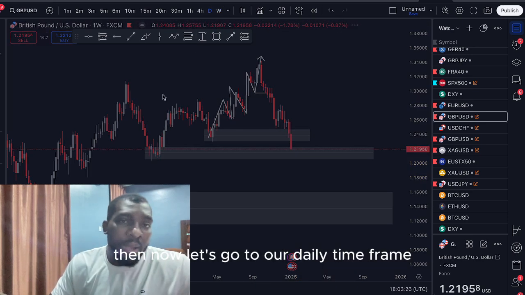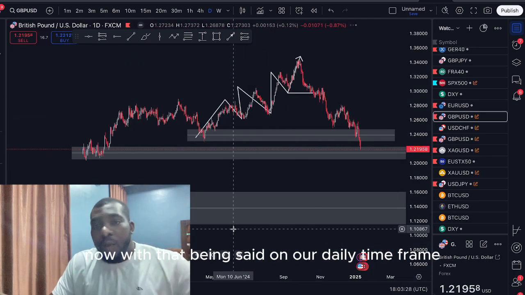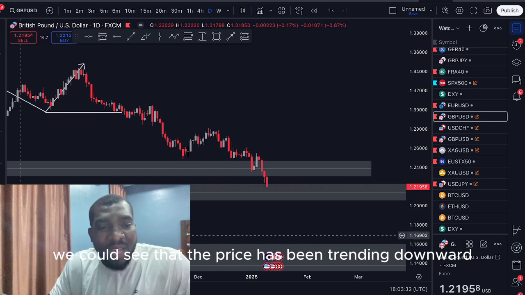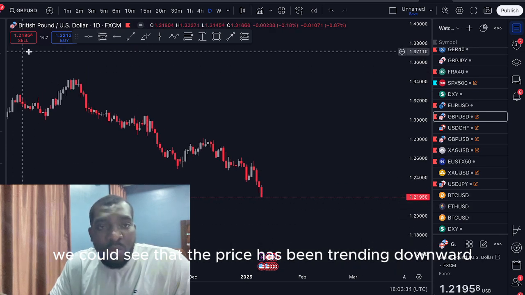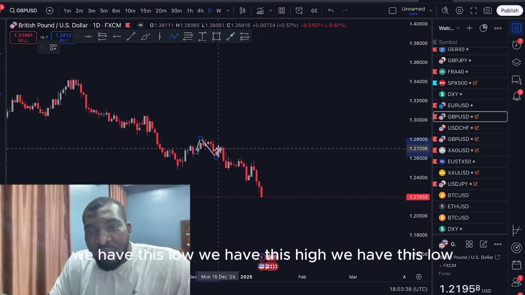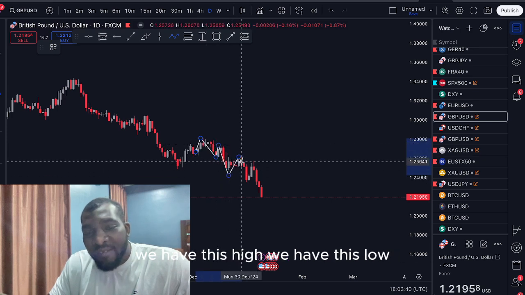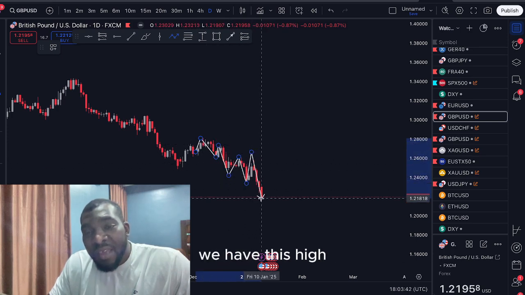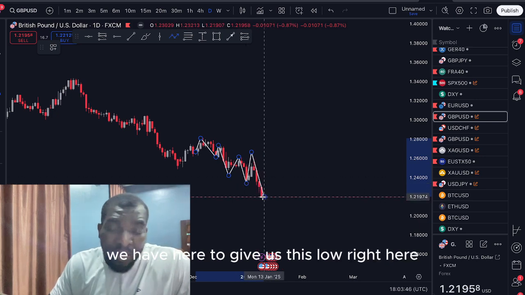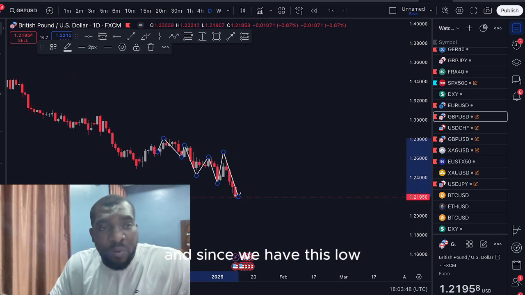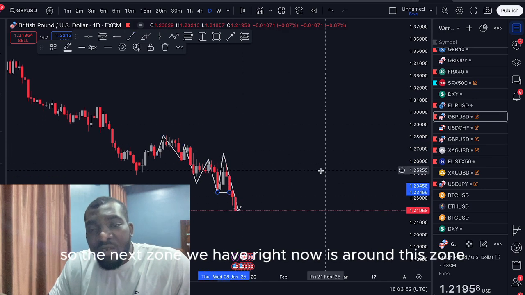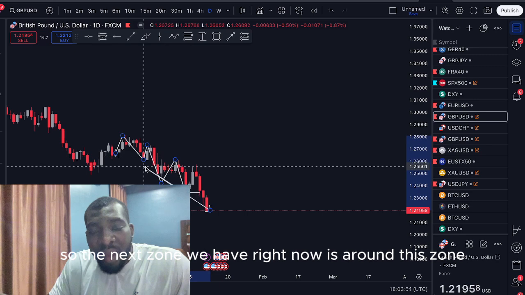Then now let's go to our daily time frame. With that being said, on our daily time frame, what do we have? We could see that the price has been trending downward all from this area. Now we have this high over here, we have this low, we have this high, we have this low, we have this high, we have this low, we have this high, and price actually broke this previous low we have here to give us this low right here. And since we have this low, you could see that here is a break of structure. So the next zone we have right now is around this zone